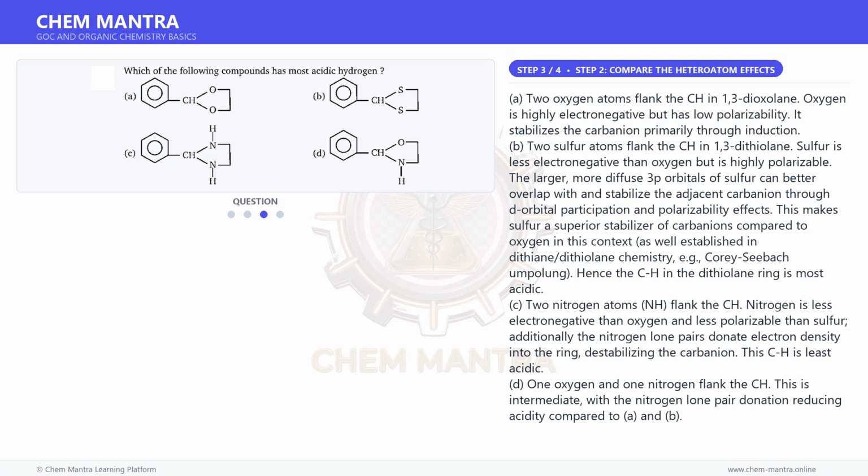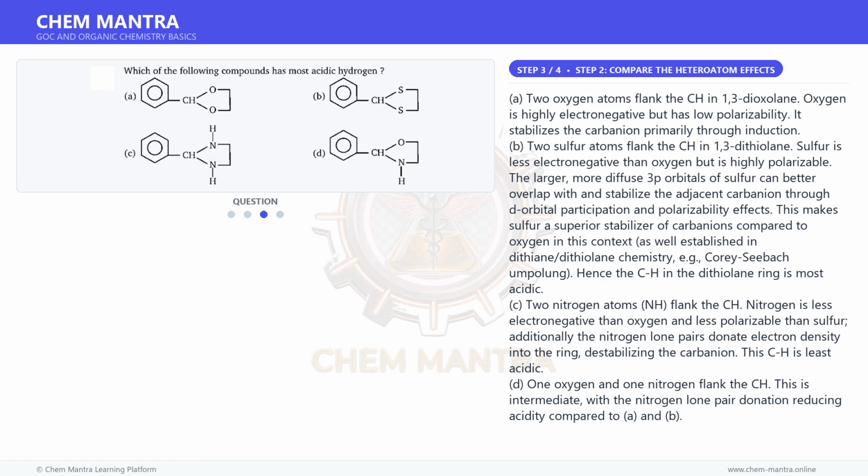B. Two sulfur atoms flank the C-H in 1,3-dithiolane. Sulfur is less electronegative than oxygen but is highly polarizable. The larger, more diffuse 3p orbitals of sulfur can better overlap with and stabilize the adjacent carbanion through d-orbital participation